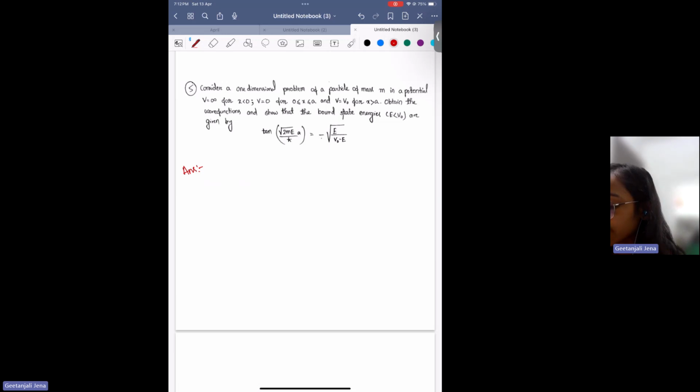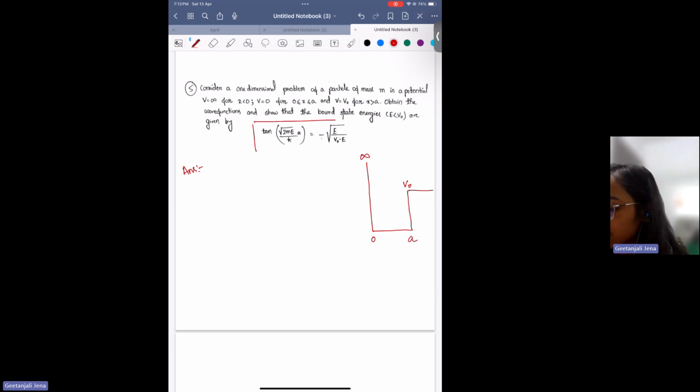The question is: consider a one-dimensional problem of a particle of mass m in a potential where V is infinity for x less than 0, V is 0 for x between 0 and a, and V is V0 for x greater than a. Now obtain the wave function